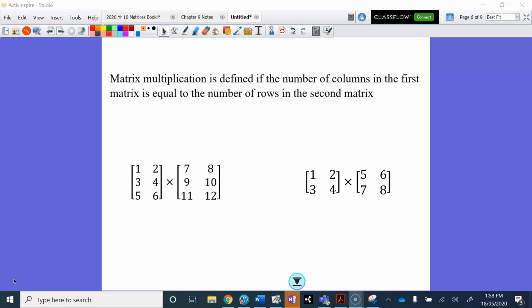So first thing you need to understand is that for multiplication of matrices to be defined, the number of columns in the first matrix has to be equal to the number of rows in the second matrix. So we can do a quick check before we start doing a calculation just to see if it's worth the effort. So in this first example, we've got a 3 by 2 matrix,